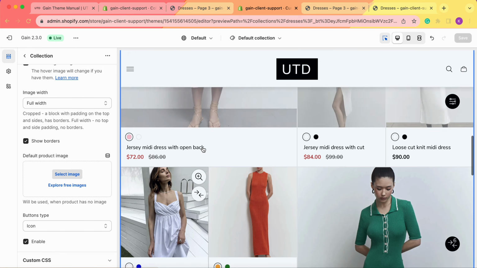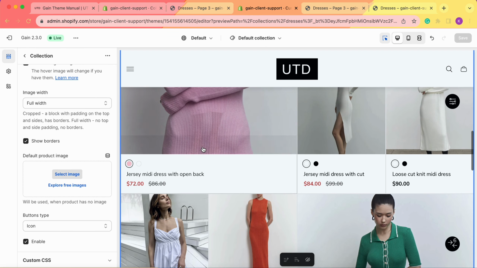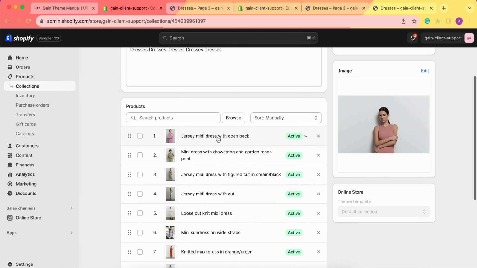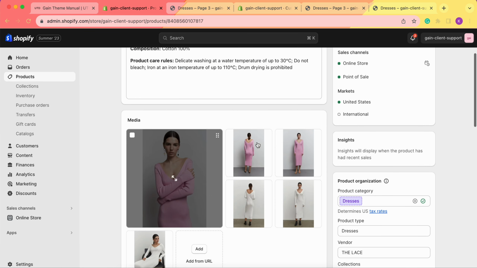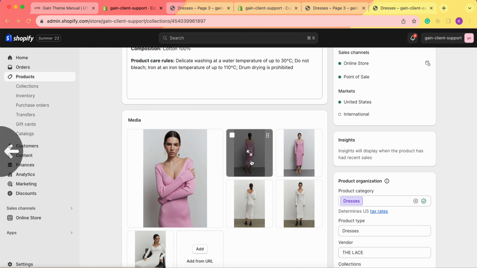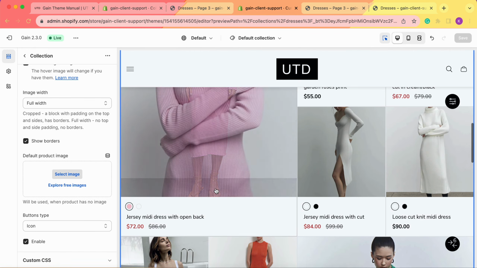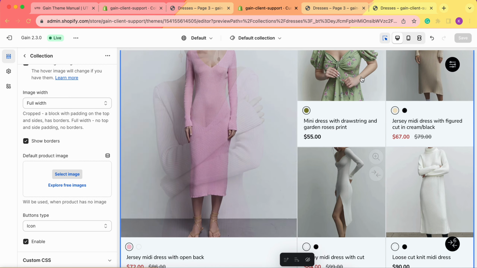So for example, if you have products that do not have any media in them, let's go back to our admin panel, pull up any product here. As we can see, we have media here, we have several images. However, for products that don't have any images, if you still want to show some kind of image here, you can simply select a file from here, and for products that don't have any images, this default product image will